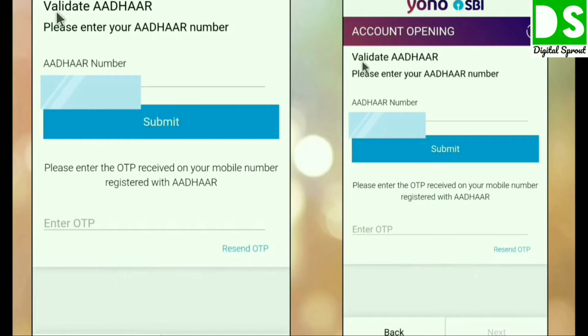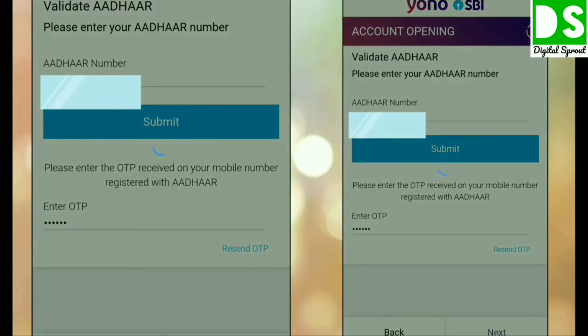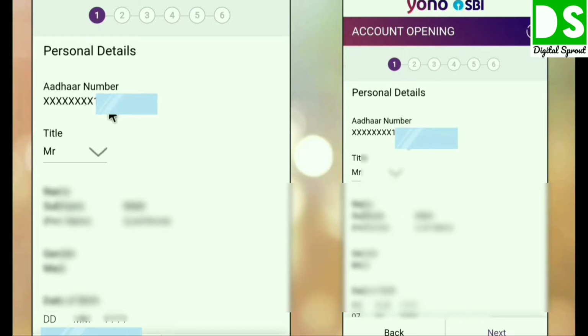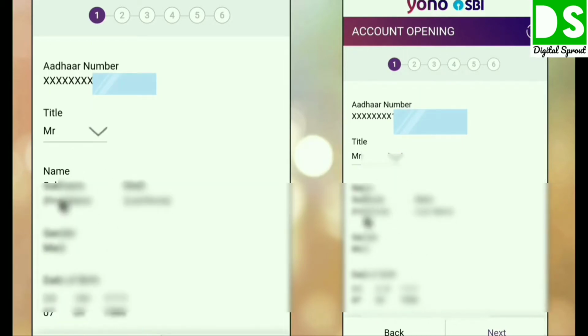Now paste it here, enter OTP here, then click on the next. Now you can see your details which are on the Aadhaar card on the screen. You cannot edit here, but check it once again. Already okay, then click on the next.